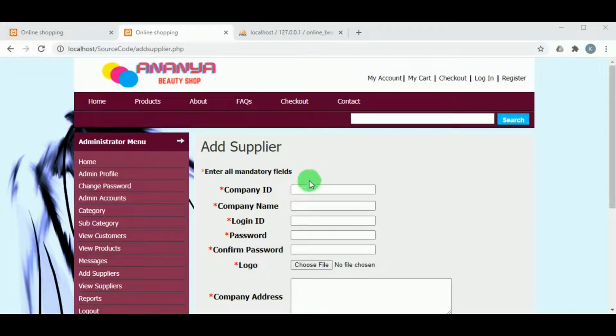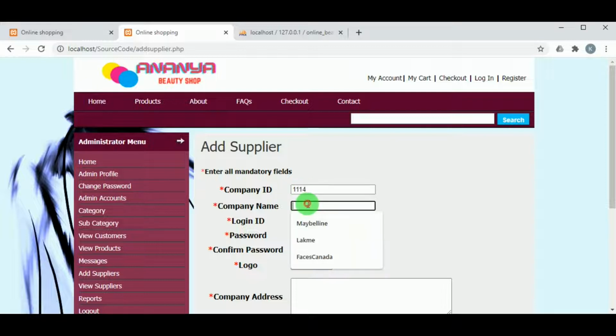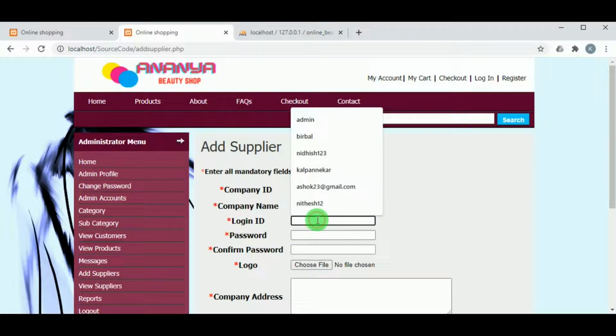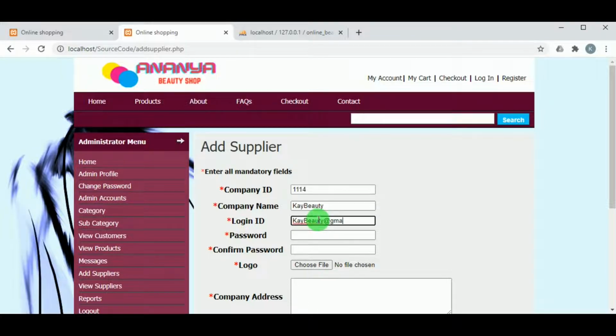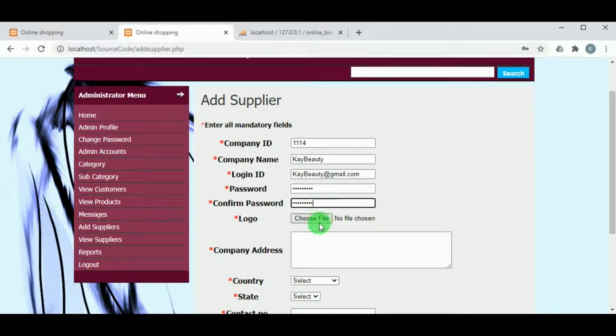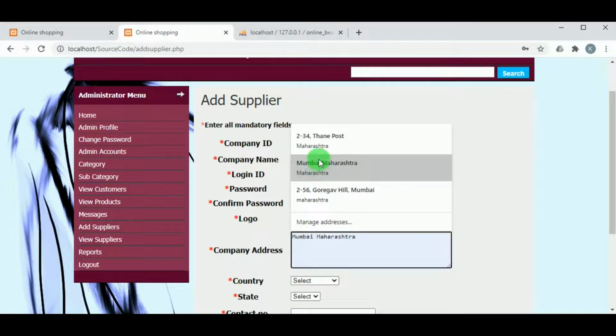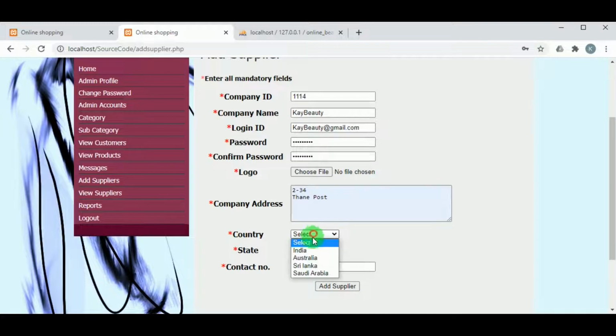Now under add supplier, the suppliers are those whose product will be sold in the website, and here the supplier must mention their company ID, company name and login ID, password, confirm password. So since we are dealing with the beauty shop, the different companies or different suppliers will be various beauty product companies.